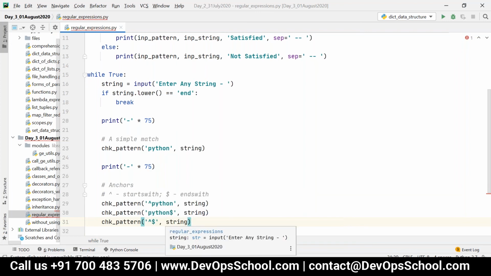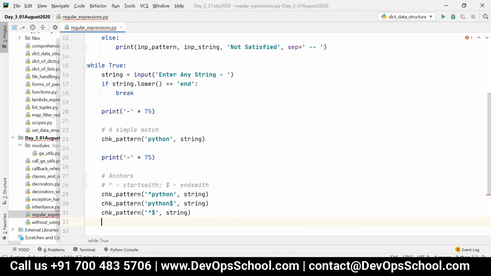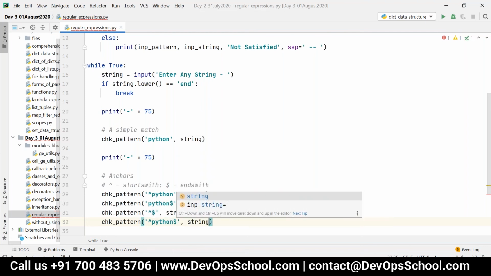This means the string should be empty, that is, the string should not contain any characters. Only then will this pattern be satisfied. And the last combination is caret Python dollar, comma, string. This means the string should be equal to Python, that is, apart from Python, nothing should be present.